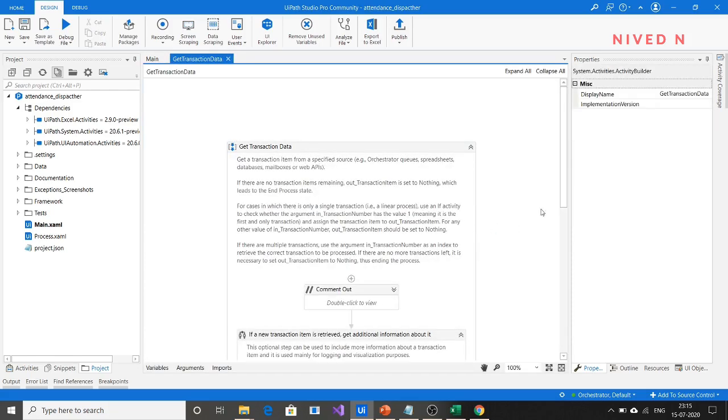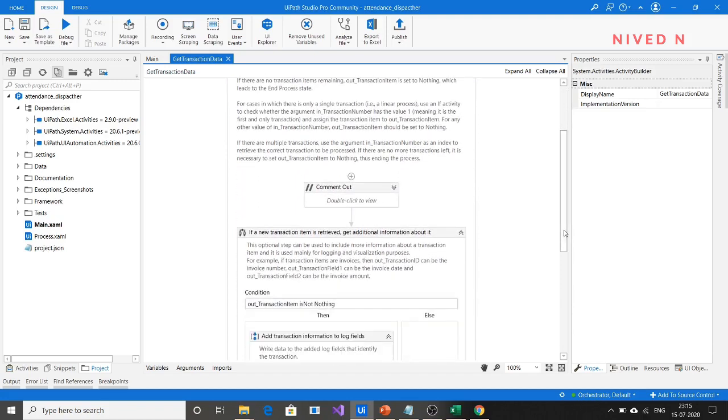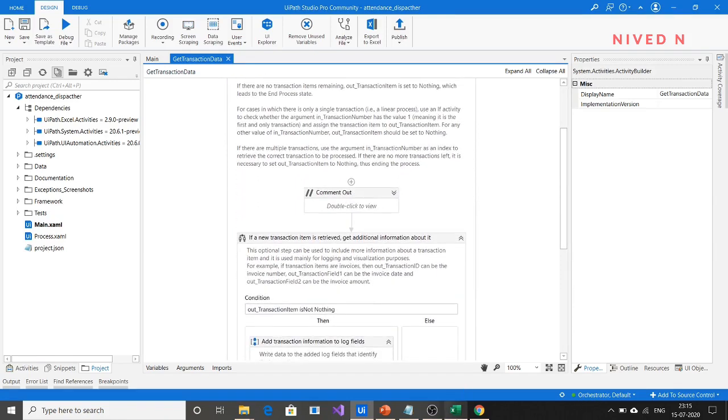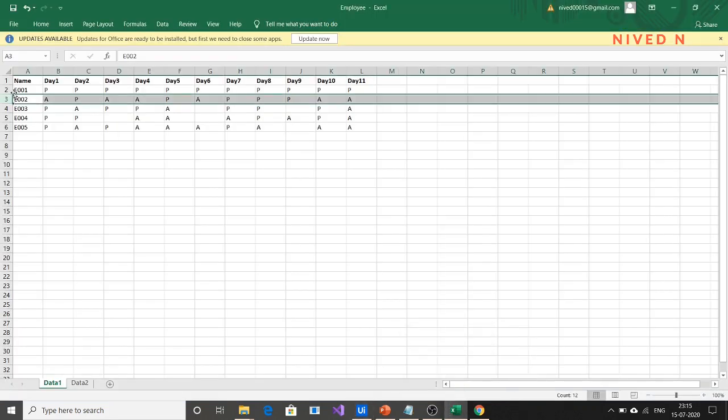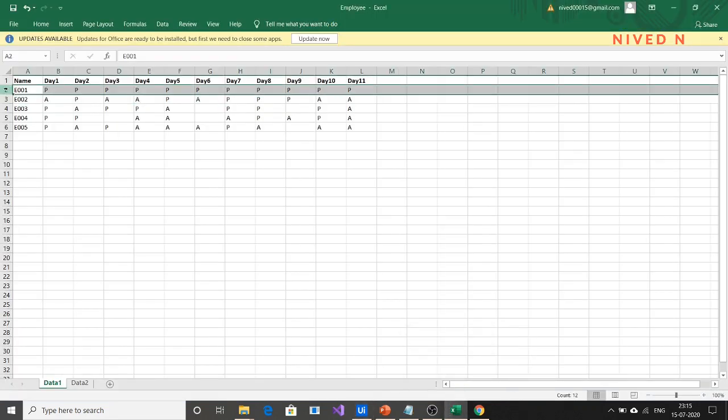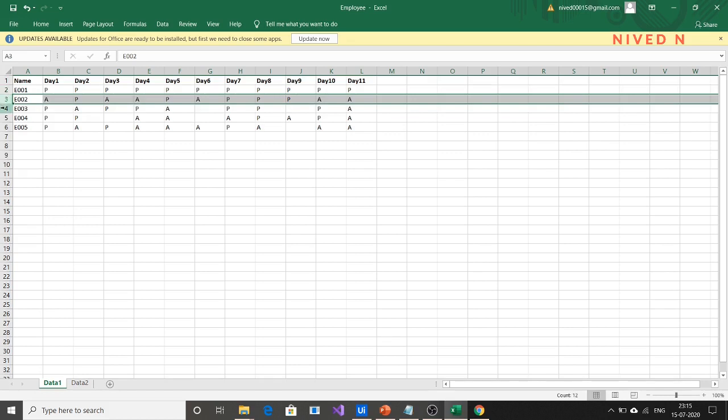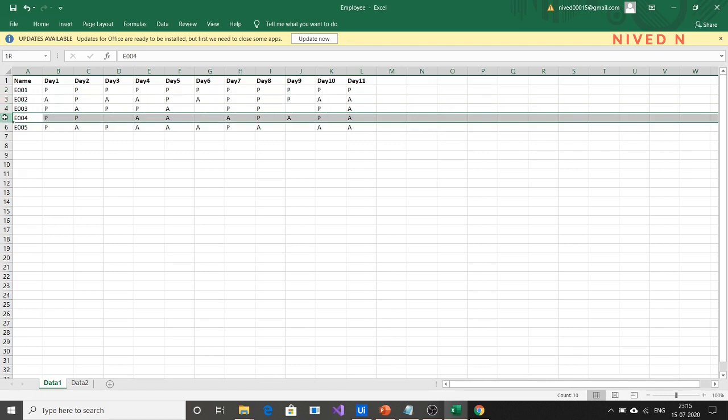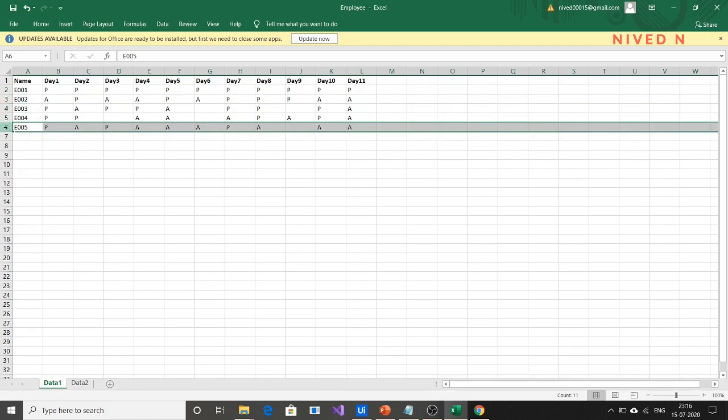Here we have to assign the transaction item. Our transaction item is each data row, or in other words, each employee's attendance detail is our transaction item. You can say each data row is a transaction item. This is a transaction item, this is a transaction item, and so on.